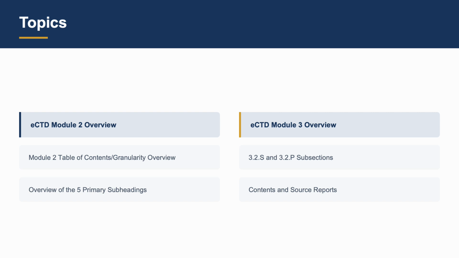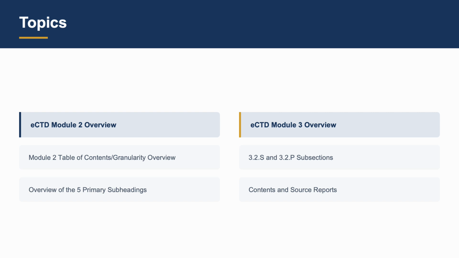Let me walk you through our agenda for today's lecture. We have organized our discussion into 2 main sections that mirror the structure of the modules themselves. In the first half of our session, we will focus on eCTD Module 2 overview. This includes understanding what Module 2 is designed to accomplish, examining the table of contents and granularity structure that defines